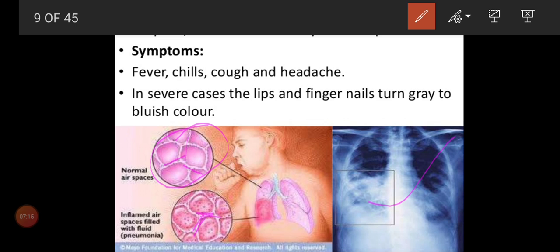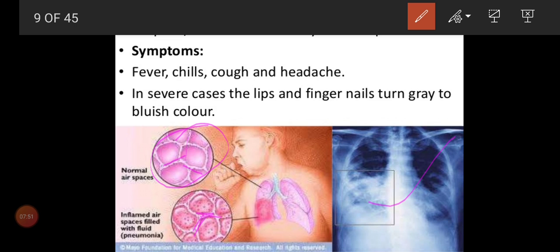It is very good for bacterial culture. Suppose a person is affected by Streptococcus pneumonia, we can diagnose it with the help of sputum culture. So what is sputum? A mucus which is present in the air sacs of the alveoli. They will take the mucus and check whether the bacterium is present or not. So that test we call sputum culture. So what tests are available? Physical examination with a stethoscope, a chest X-ray, and third, a sputum culture.